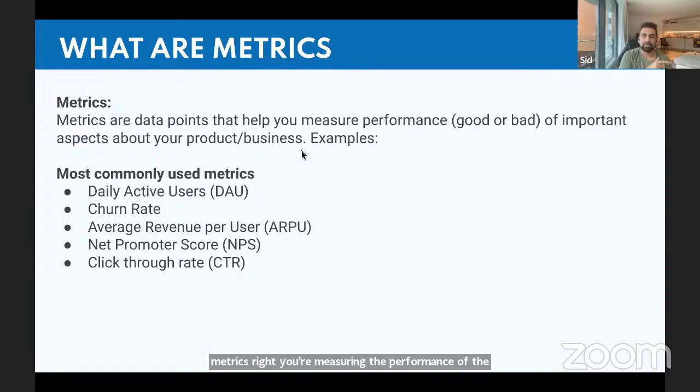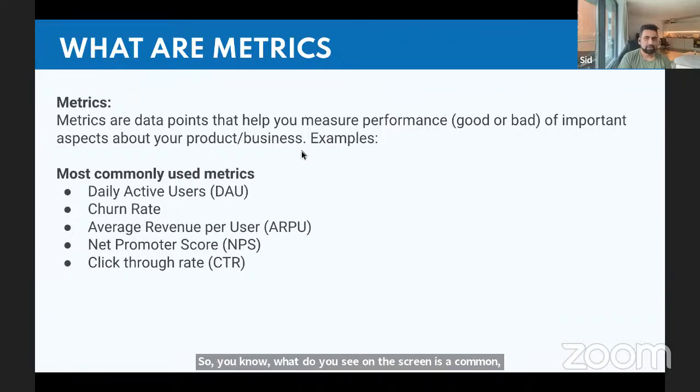When I was looking at a microwave, I was looking at the wattage or the capacity, like 2 liters, 3 liters. These are all metrics. So metrics are ways of helping you measure something. And that something usually is of very high importance to the product manager. And the reason they're important is because you will base decisions on that and create your roadmap and create more features and so on.